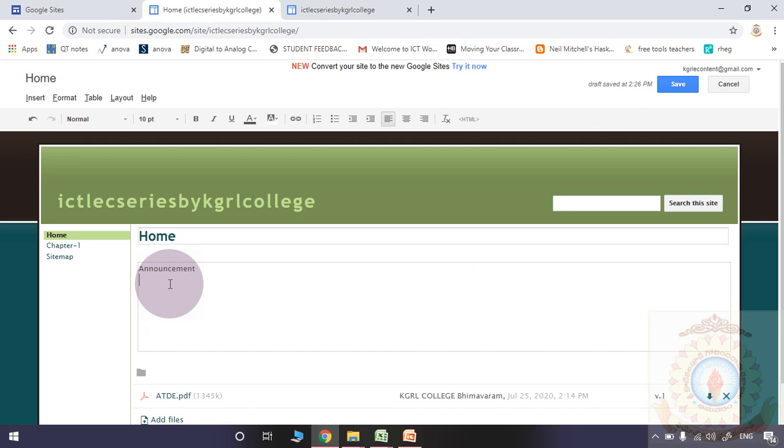All these four are known as the four quadrants of the LMS. We need to record our lecture. We need to provide an e-material, the PDF form. We need to offer a surprise quiz examination. We need to show the platform and meeting ID where they may interact with their faculty. Whenever you are including all these modules in the website, that is nothing but the LMS. Those are the four quadrants of the LMS.